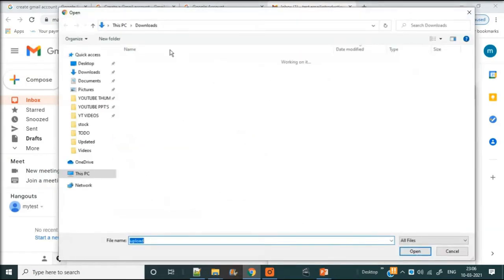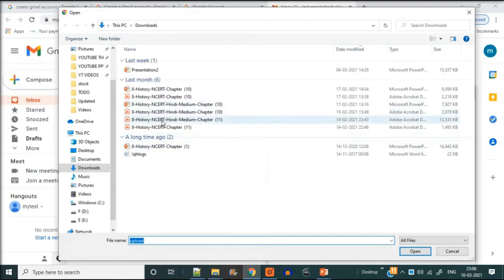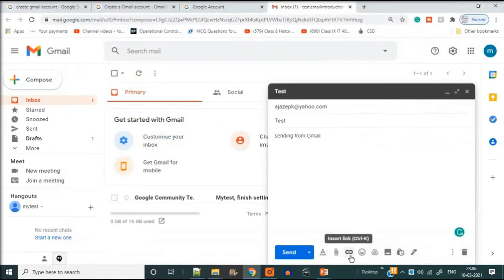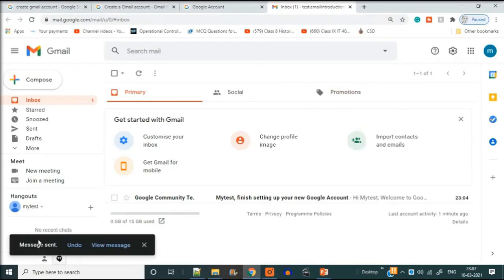And then there is attachment. This is important. This attachment is a pin symbol. Here you can add images, spreadsheets, videos, audios, etc. There are other options also which this email provides. So it's a complete package. It's a complete folder that will go along with your text. No doubt the text is more important, but to support this text, sometimes you need various other things. There is a delete option also. Now I send it. Once I send it, it says message sent.